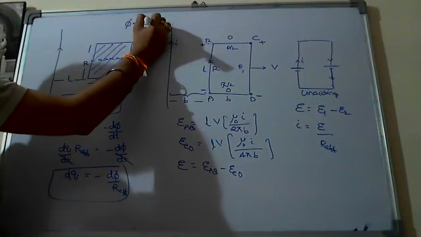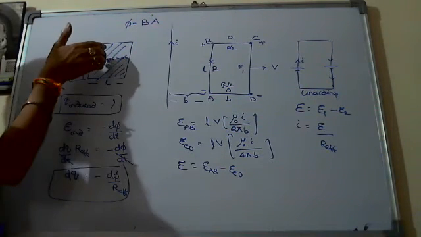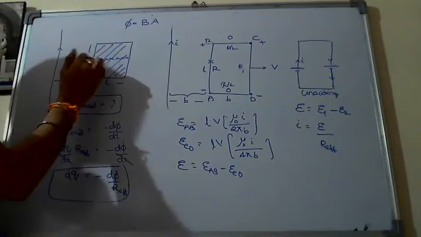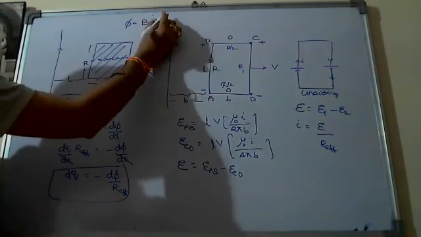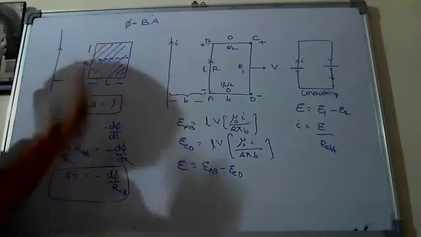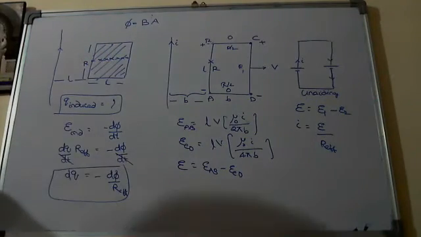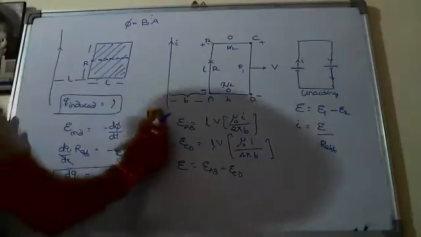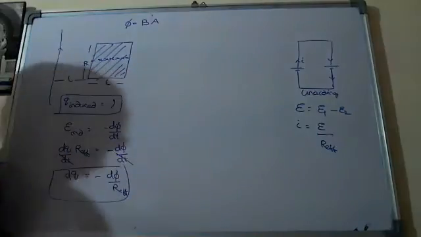So phi, I have to calculate using the formula B into A into cos theta. No need to write that, it is already perpendicular to the area, so parallel to the normal. So the dot product is cos 0, which is 1. So phi is equal to B into A. I gave a small hint. Very simple. Here the magnetic field is not constant.